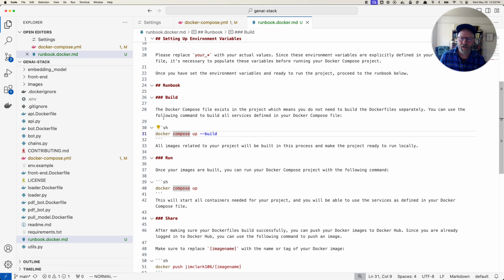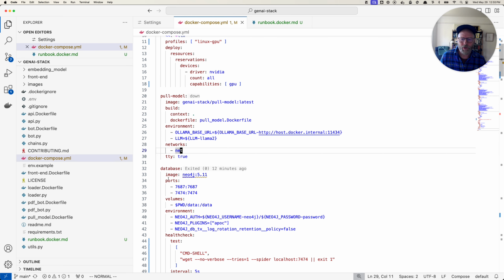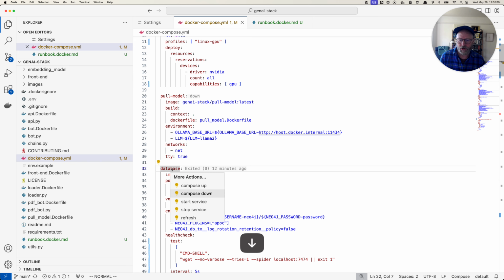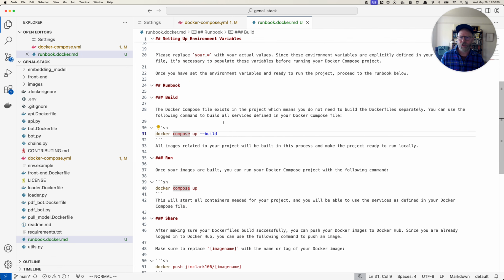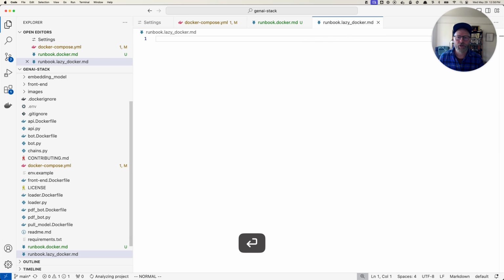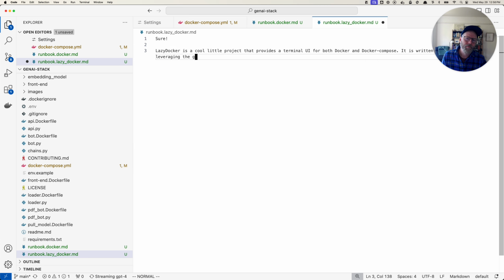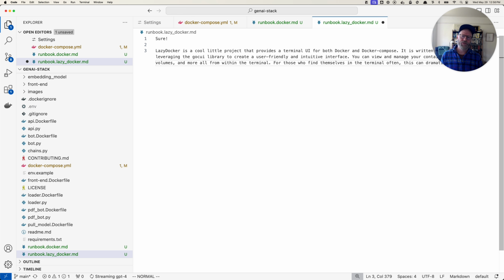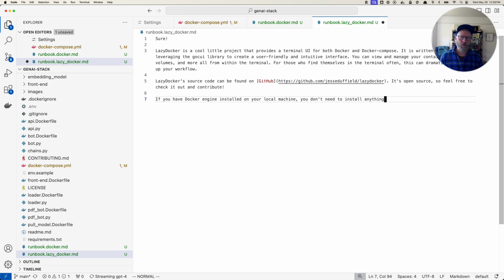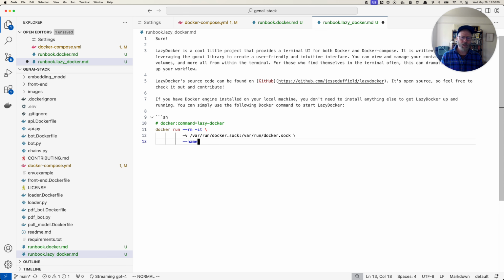We're also experimenting with noting that once you see these services, you can start and stop them right directly from the compose file. The other thing is, I'm giving you a lot of examples here which are very Docker specific, but in fact we should look at being able to generate runbooks for any kind of tool. So if you look at, say, the tool Lazy Docker, which is an open source TUI, and go through the same basic idea here,